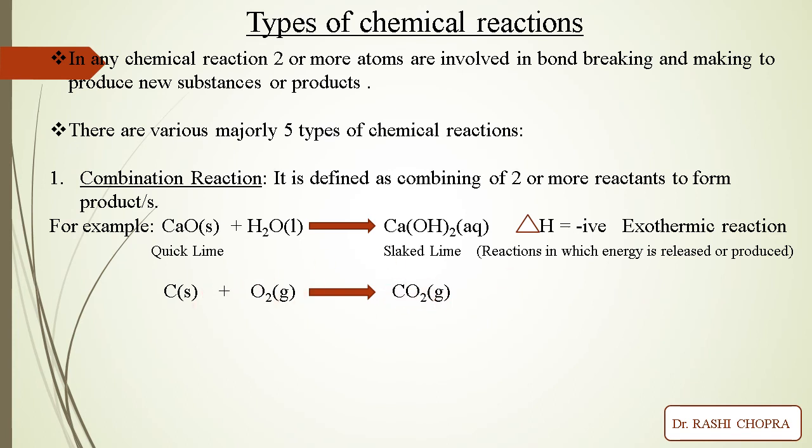So it's a combination reaction. Questions are asked like this: just by seeing the reaction, you have to judge whether it is a combination reaction or not. The trick is that whenever you see that two reactants are giving you one single product, then it is a combination reaction. Again, H2 reacts with O2 to give 2H2O. Again, it's an example.